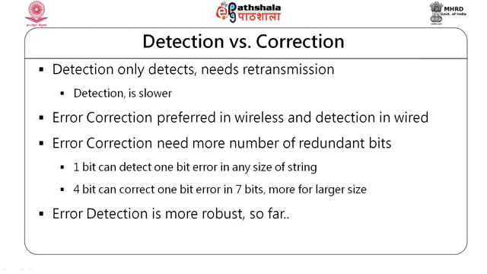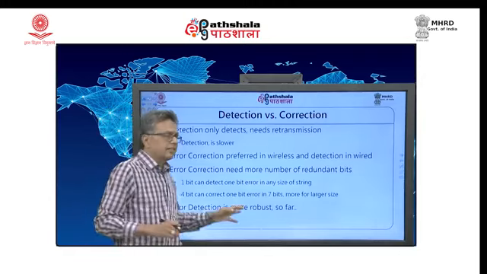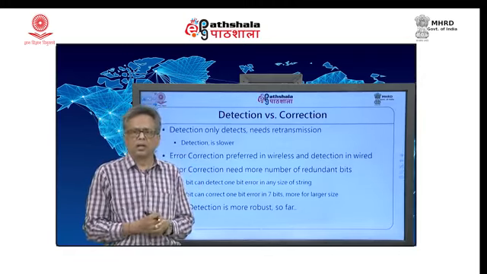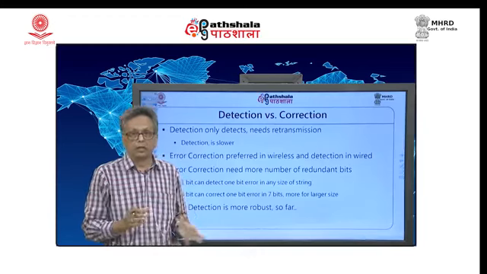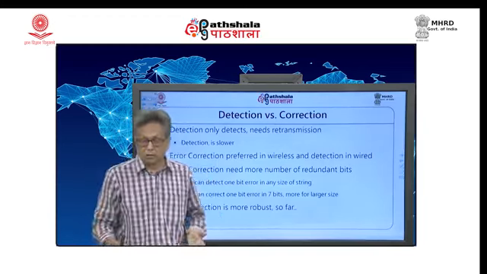Okay. The second point is redundant bits, the number of redundant bits you need for correction is more than the number of redundant bits that you need for detection. So, the overhead is more for correction. Error detection is more robust, okay, it will definitely catch the error. So far, looking at the LDPC and turbo codes, it is quite likely that it will become as robust as